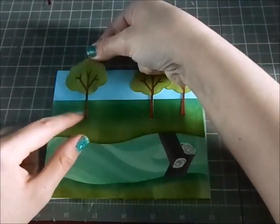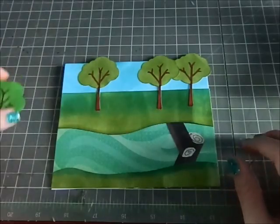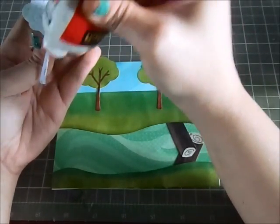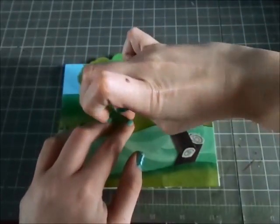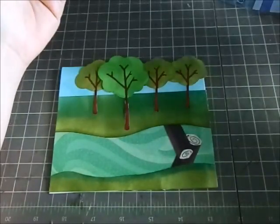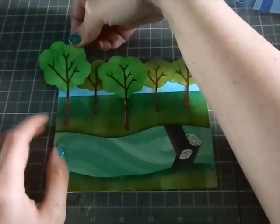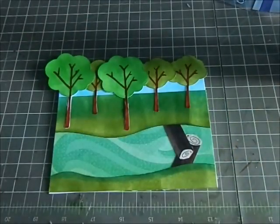For those smaller ones, I used the peeled paint distressing on the top, and for the trunk and the branches, I just used a brown marker to color it in. And for these bigger trees, I used the Mowed Lawn distressing to color the top in, because I don't have the perfect color that I'm looking for in cardstock a lot of times, so I just use my distressings to color my cutouts in. And there you see all the trees,